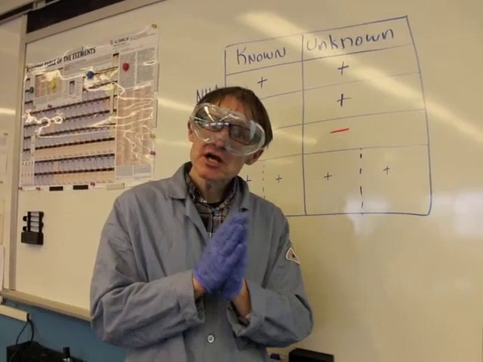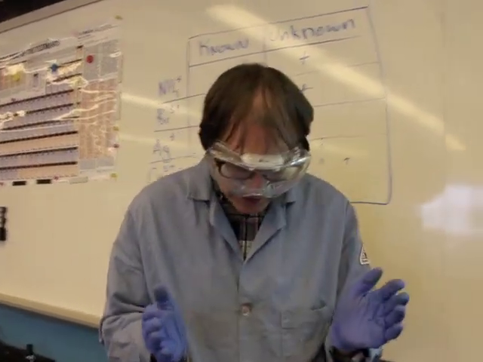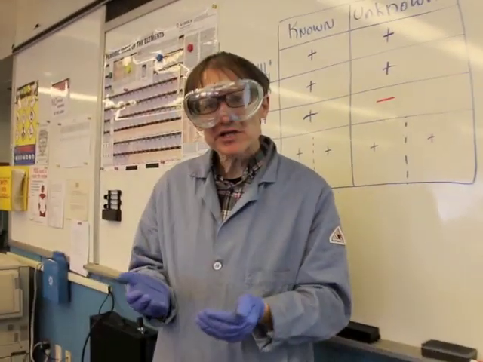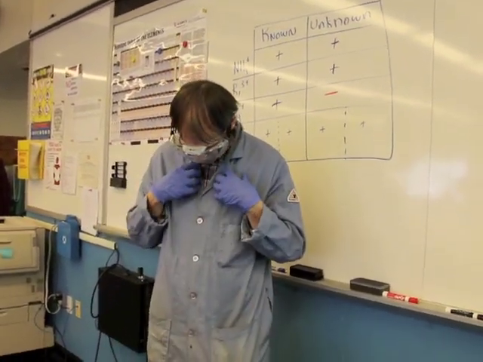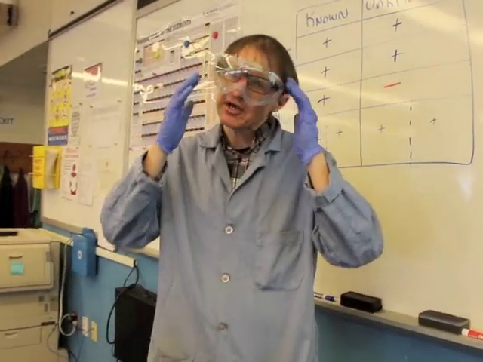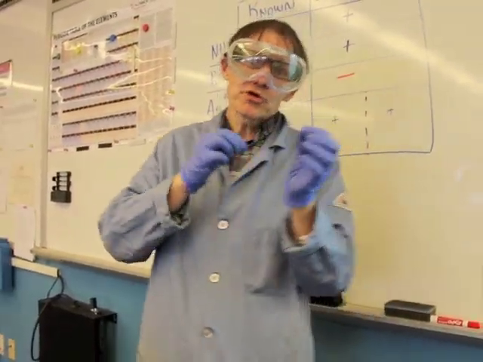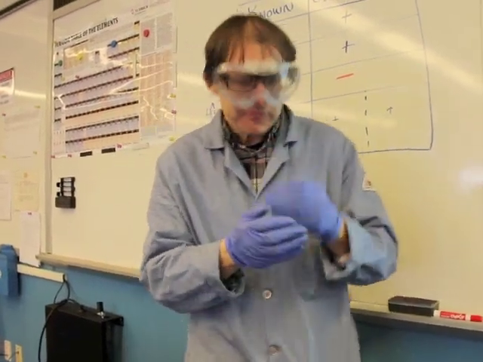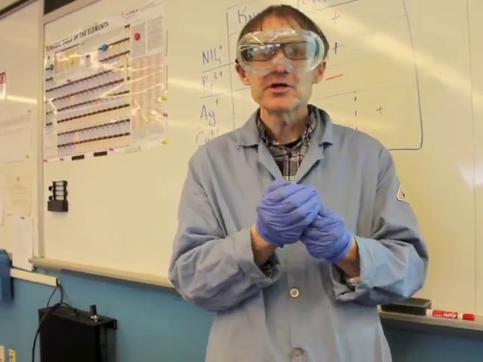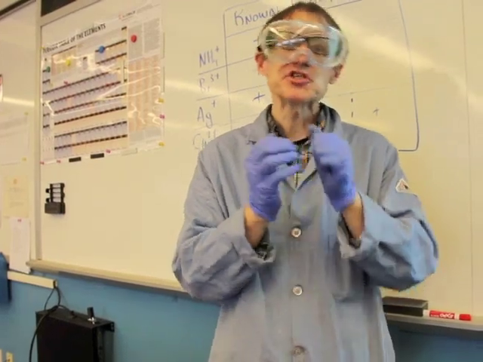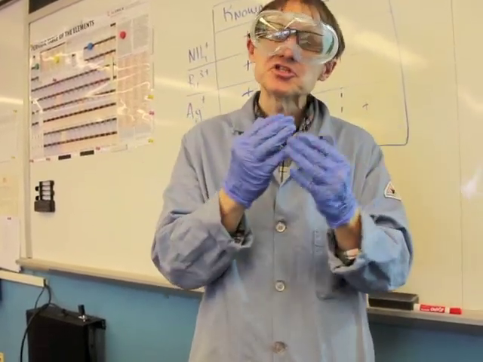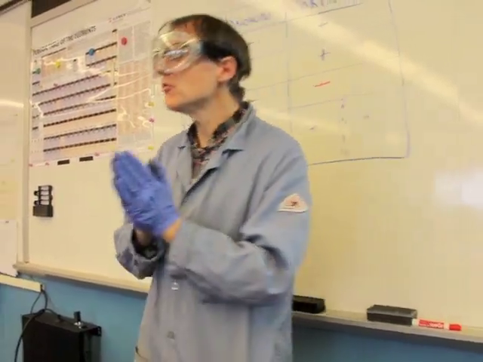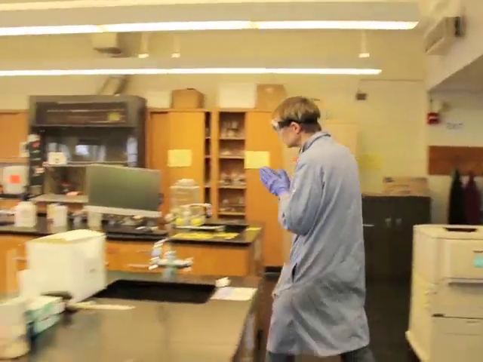Now, I do want to talk about one more thing, which is laboratory safety. If you'll notice, during this lecture, I have been wearing gloves, a lab coat, and safety goggles. Safety is probably the most important thing in a chemistry laboratory, more than in many other sciences, because of the reagents that we're working with. 6 molar hydrochloric acid, 6 molar sodium hydroxide, 6 molar ammonium hydroxide. These are reagents that we want to be very careful with. We want to be careful in terms of how we transfer things. And finally,